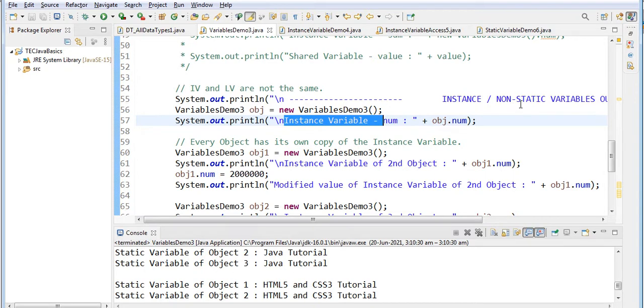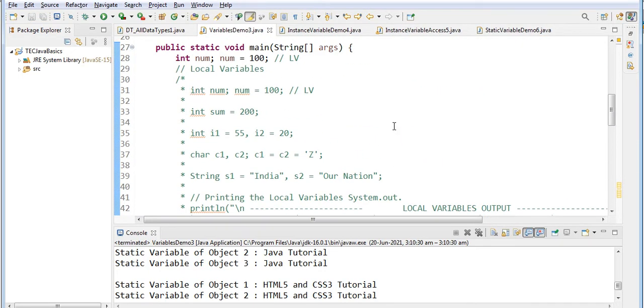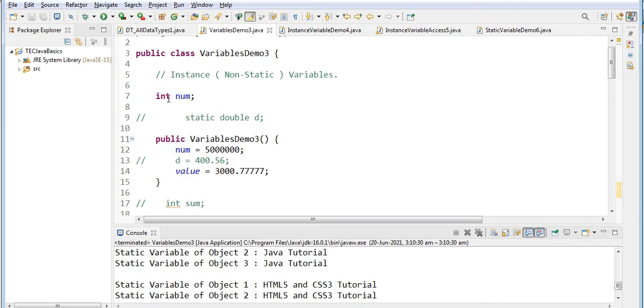Let me print the method variable also. Num within the method. Within the main method I have declared one variable which takes the value 100, but at the class level, that is the instance variable, I had declared one more variable with the same name, whose value is some 50 lakhs.